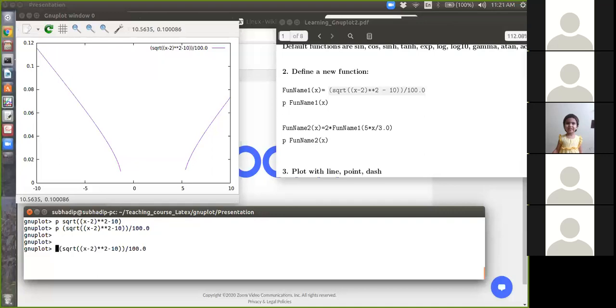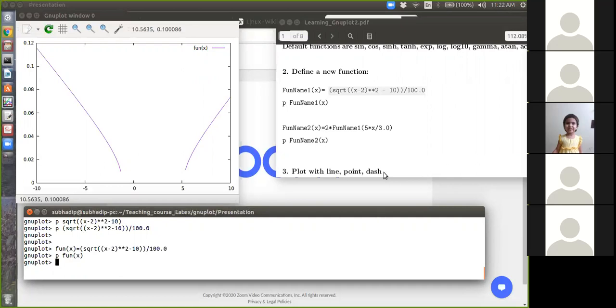Okay, some function name, say fun is the name of the function. The argument must be x equal to this. You can put space here or not, doesn't matter. So this is the function. This is the new function name fun. It has been defined. Now you can plot fun of x. You can see it is giving the same result. The legend has been changed to fun of x.